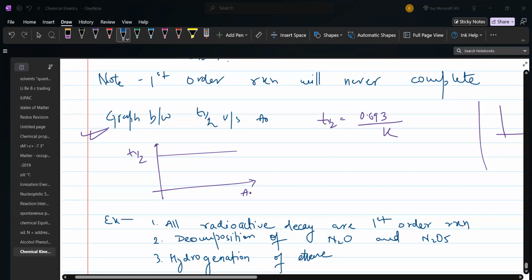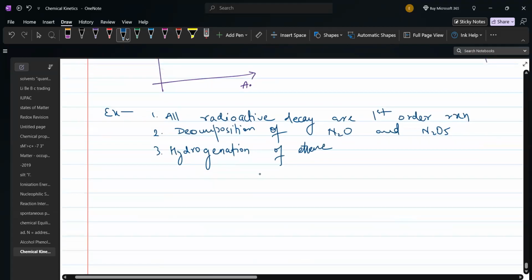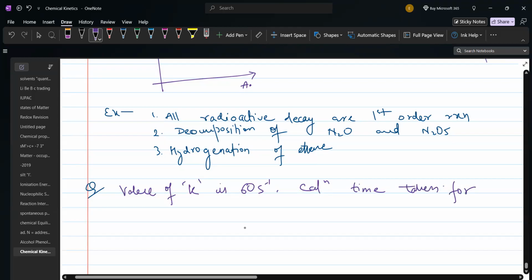So let's try a question regarding first order. Try this question, I'm writing it. Write this with me. Value of K, which is the rate constant, is 60 per second. Calculate time taken for